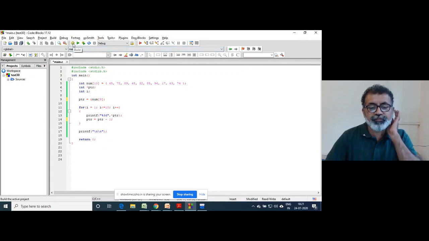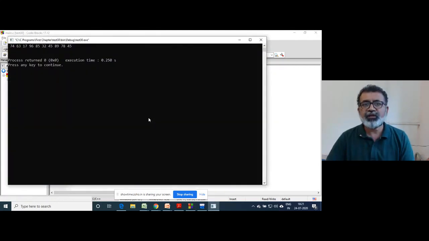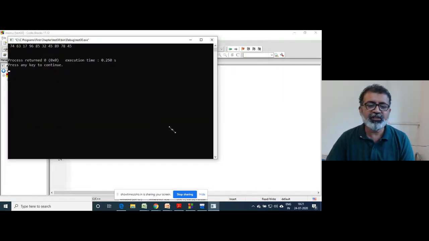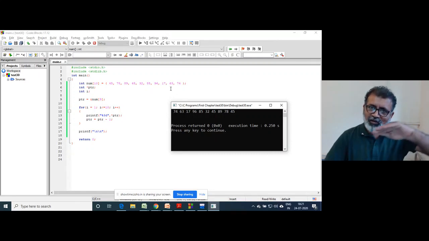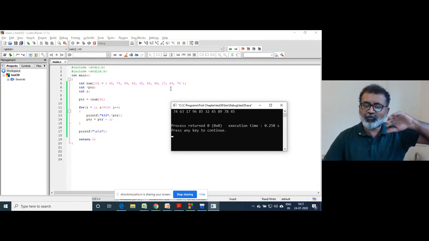If I run this code, it will print the array in reverse order, because we had stored the address of the last element in ptr, so the pointer was here, and it prints 74. Again, you went on subtracting one from that pointer each time inside the loop.